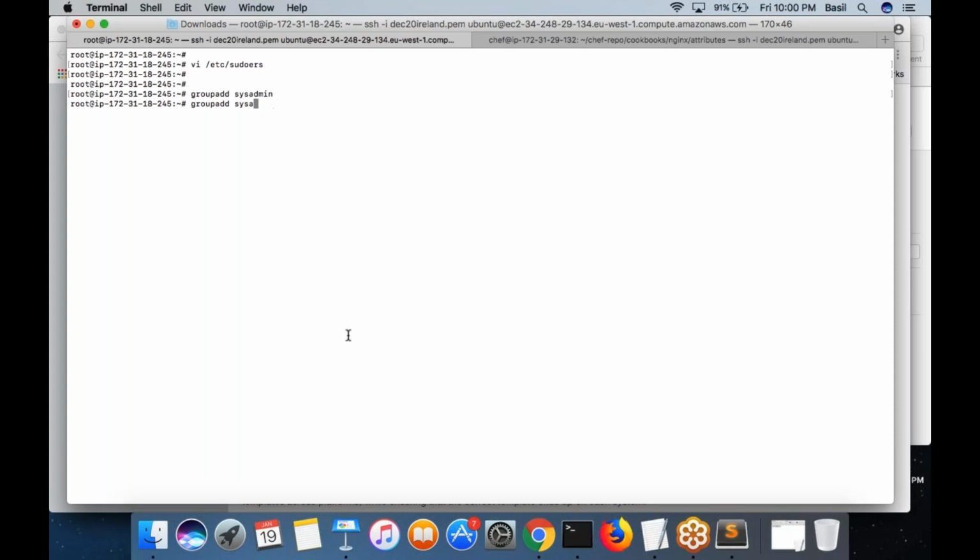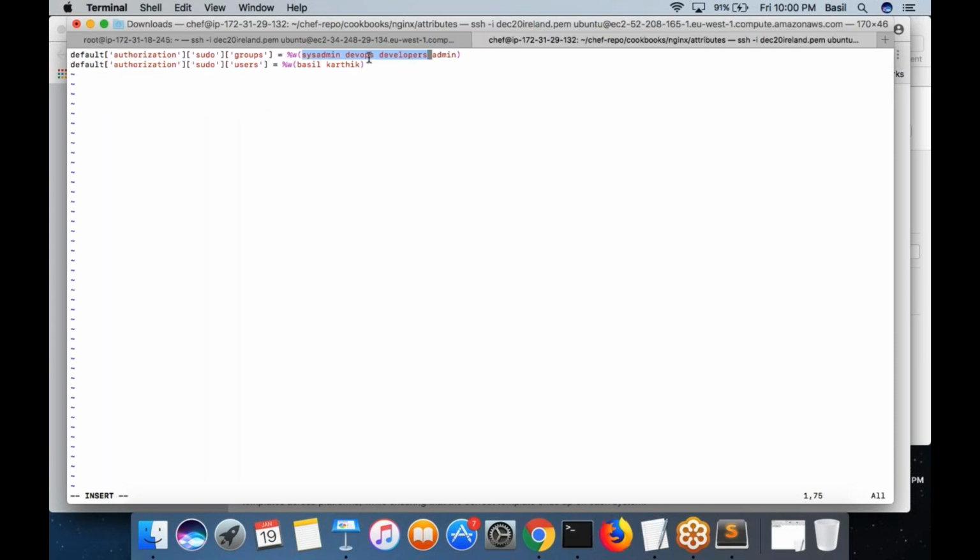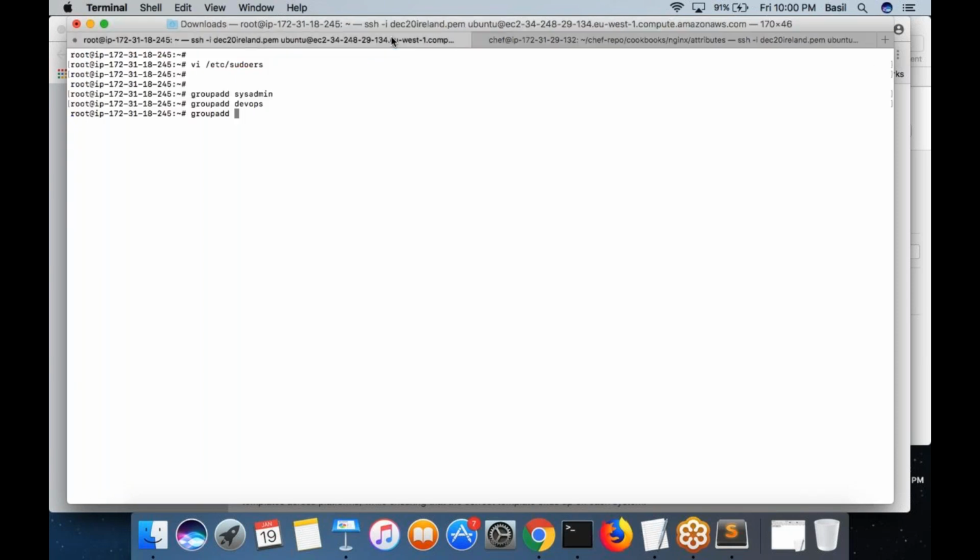Sysadmin, then admin I already have, DevOps. So inside my web001 machine, I'm actually creating all these groups. Then the usage, Basil and Karthik.